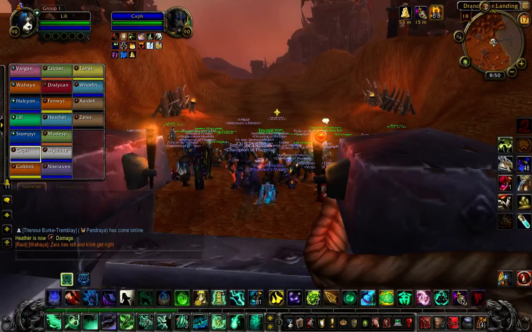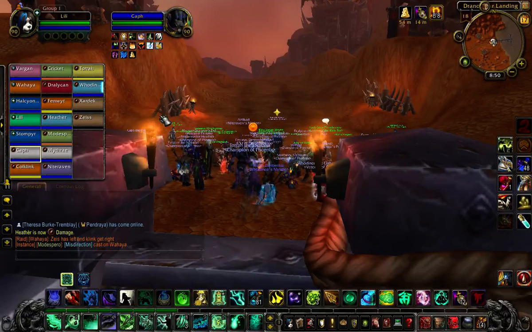Just thinking here. So what happens when Galacrus lands? He doesn't have too many abilities. Jay and I just need to face him away from the raid. Jay, I can't remember if there's something we taunt off of. I don't think there is, but...